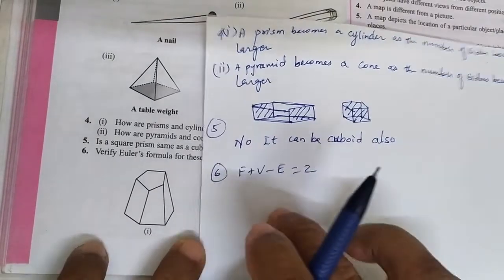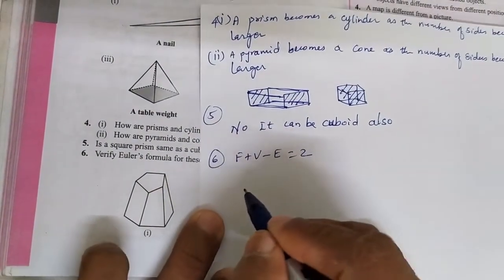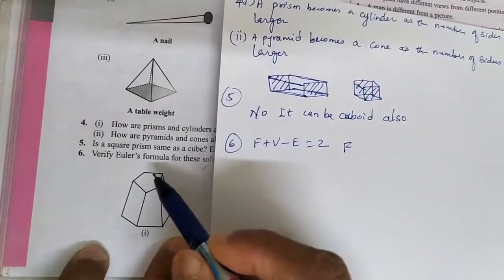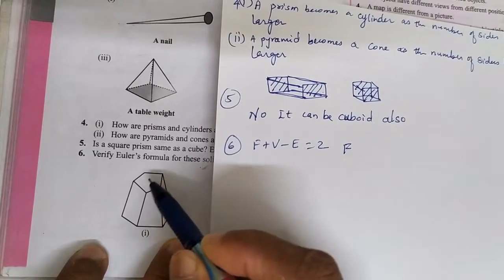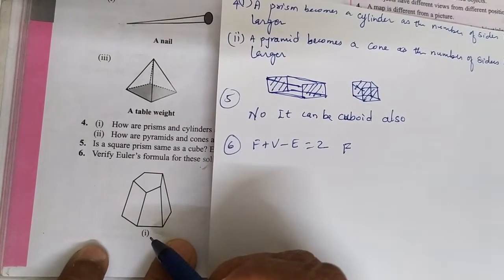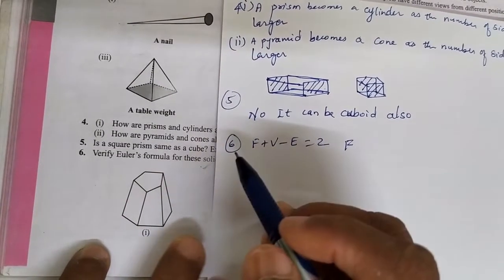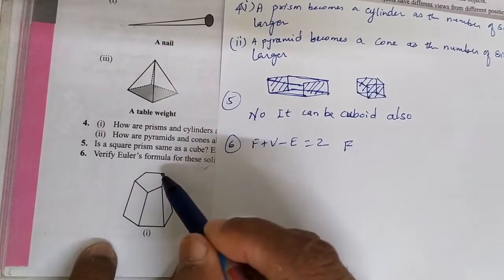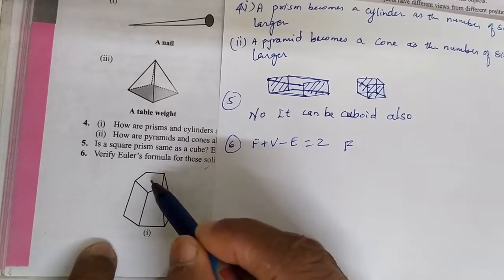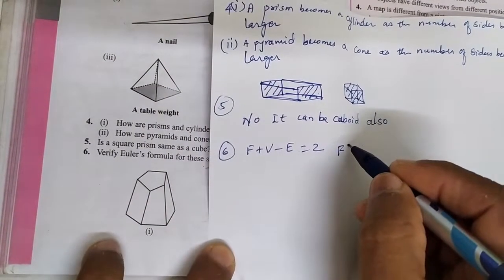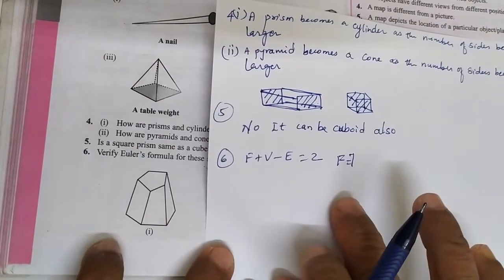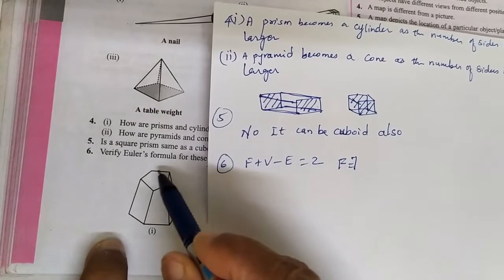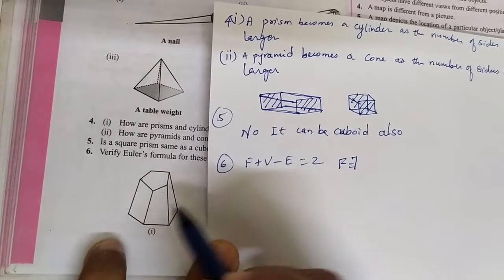Now let us see the faces here for this. How many faces are there? We will take faces first. See, this is 1, 2, 3, 4, 5. This is a pentagonal figure, up and down. Correct? Therefore, how many faces? 1, 2, 3, 4, 5 faces here, then 6 and 7. 7 faces. How many vertices? Vertices are these corners. 1, 2, 3, 4, 5 and down 5.